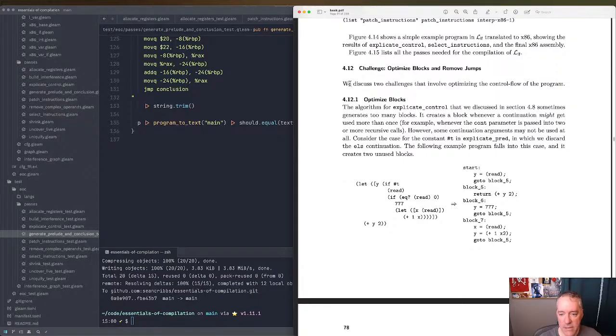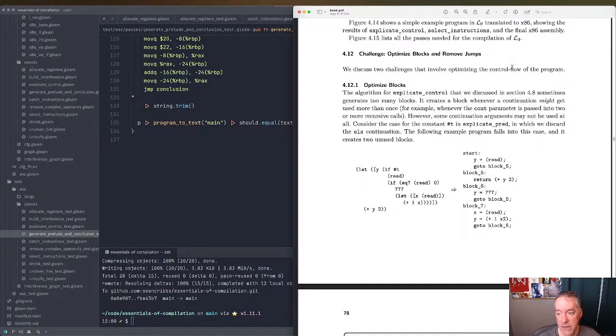So let's look at this. They're talking about optimizing control flow, which we don't have any control flow optimization right now. So what do they mean? They mean there are a couple things: generating blocks that are not necessary. So the additional jumps means